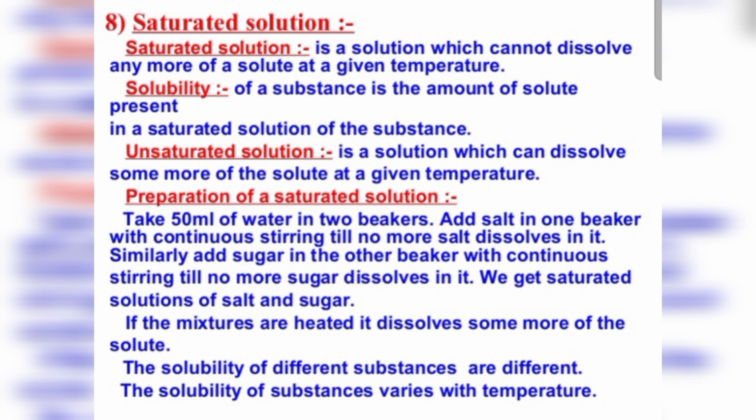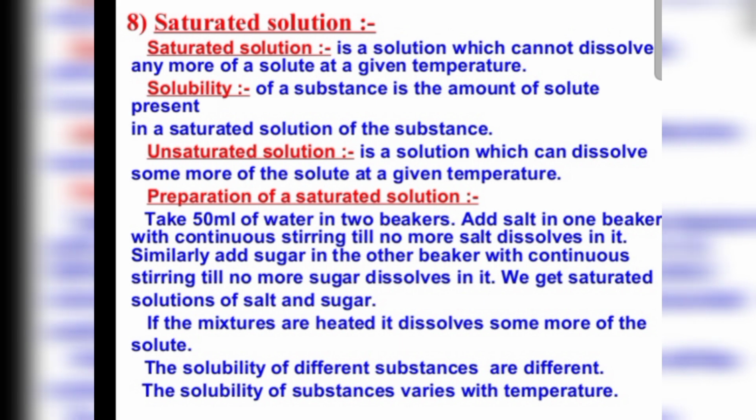So it means that the extra amount of salt that dissolved at higher temperature settles down at the bottom at lower temperature. So what is the result? We can say that solubility increases at high temperature and decreases at low temperature. The solubility of different substances in water is different. So the solubility depends on temperature, and we must specify the temperature while expressing the solubility. Clear? So now we have understood solubility, saturated solution and unsaturated solution.